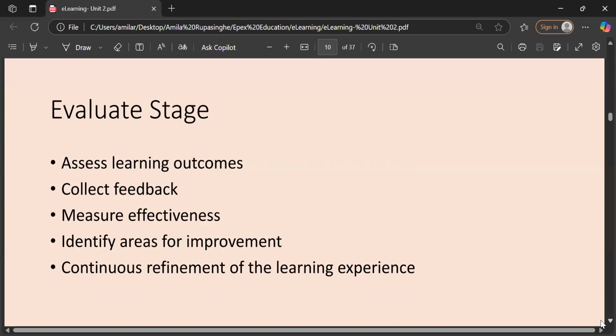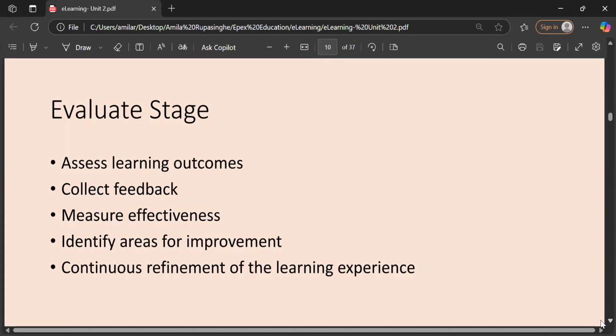So we have to evaluate whether those learning outcomes are achieved by learners. That's how you assess learning outcomes. Then after assessments, you can even assess the total e-learning instructional design. Whatever you used as the curriculum, you can assess, right?